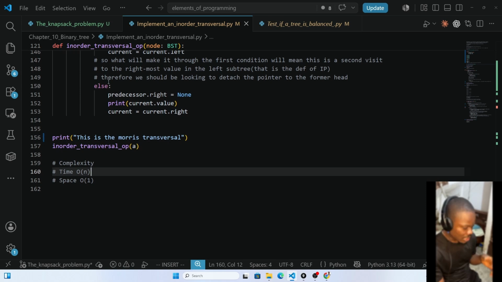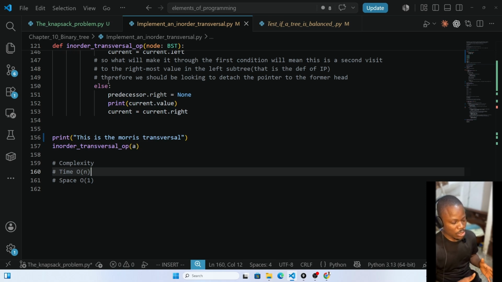So moving past that, we now talk about the space complexity, where we see the improvement. So why is there an improvement? There is an improvement for the very reason that there is no recursion stack, right? Because that creates a space on its own. For every stack you visit, there must be a space created for all the variables within that space. And then the second bit is that we are also not using any stack, like a real stack where we have first in, first out and stuff like that. So there's no space held in memory. So the memory is devoid of any space usage in the sense of the RAM,